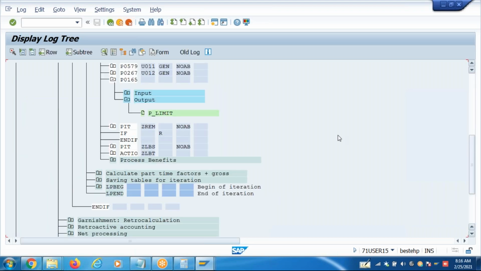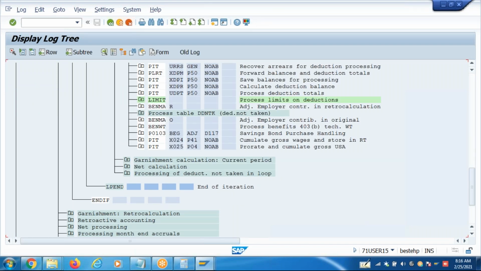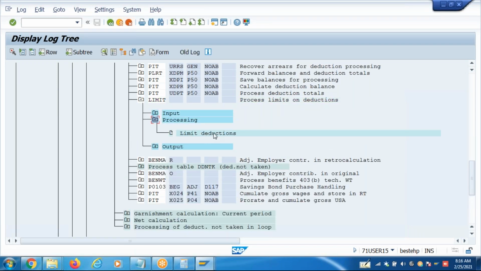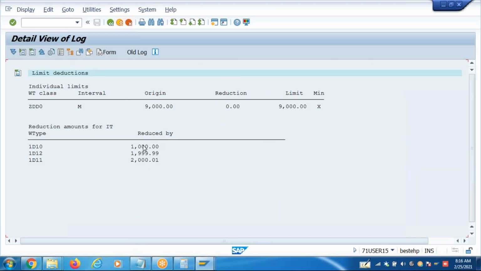So how much do we need to reduce together? 5,000 only, right? If you reduce the 5,000 in equal ratio, you will get 1,333.33 something. So in the first step you have only 1,000, so 1,000 is reduced. From the remaining you need to reduce 2,000, so 1,000, 2,000 and 2,000 is what was reduced by the system.